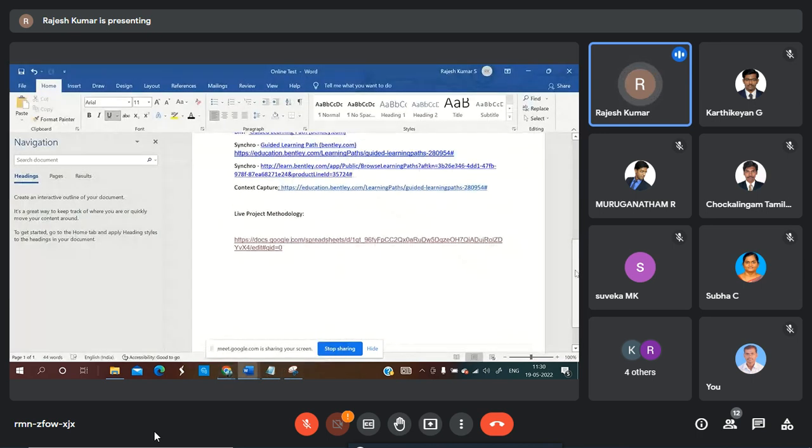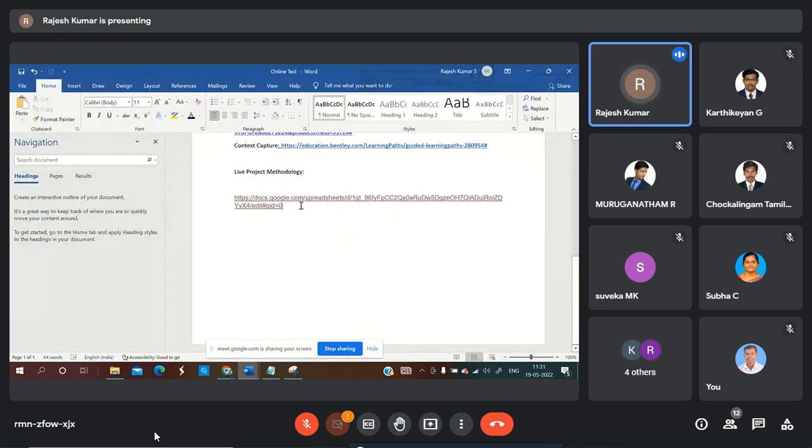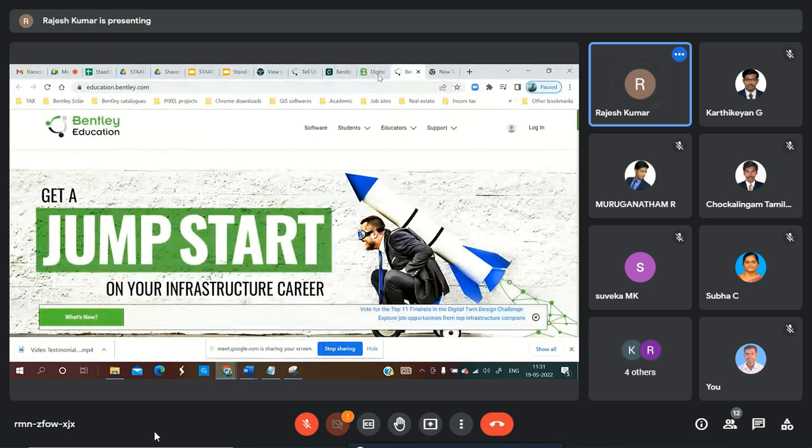Maybe I'll type here because I think some cookies are not working here. How to update the profile? First thing is, there are two ways that we can do it. One is go to learn.bentley.com. Second one is go to your account, go to profile, and update the details. It's simple like this.